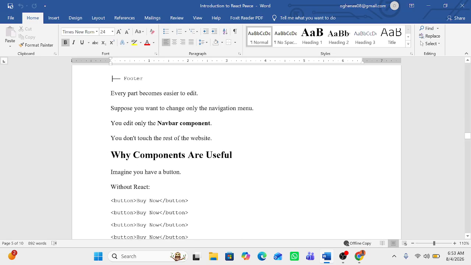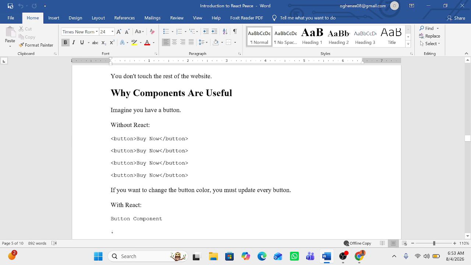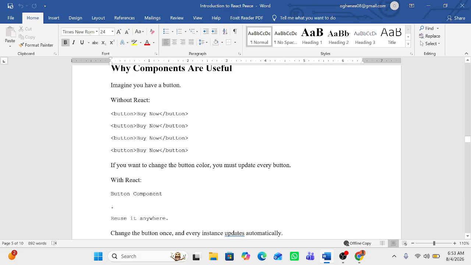Every part becomes easier to edit. Suppose you want to change only the navigation menu. You edit only the navbar component. You don't touch the rest of the website. Do you understand? Then when you also want to create buttons, since you are using components, you just create one component, then you reuse it somewhere else. I know that you guys have been doing UI/UX, so you understand what I mean by components and reusable